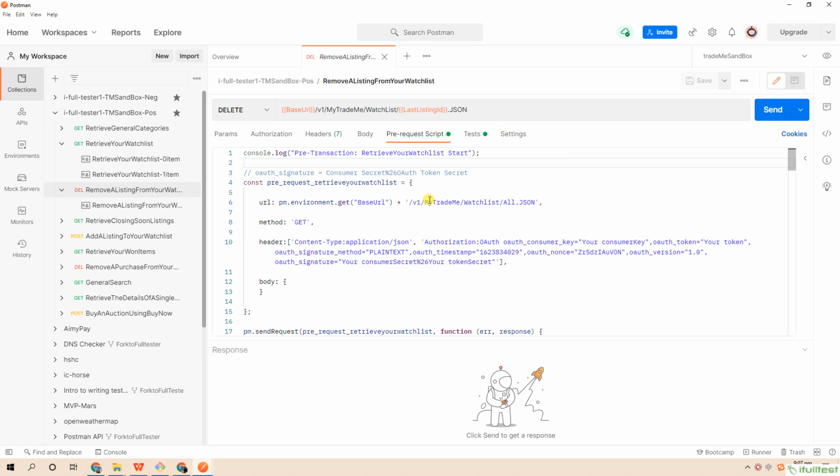Look at the code. First, we assemble the header and body of the pre-request. The pre-request API, retrieve your watch list, needs authentication. So let us fill in the authentication to the header.